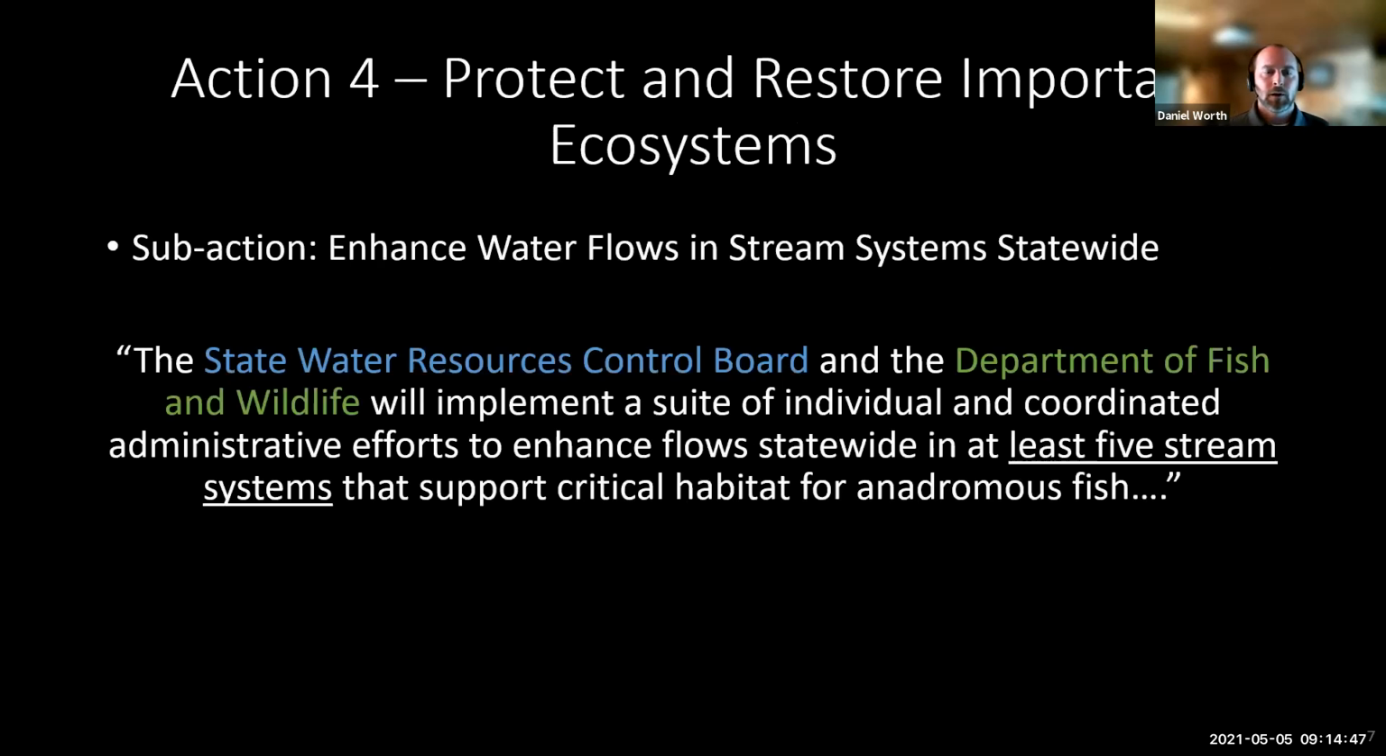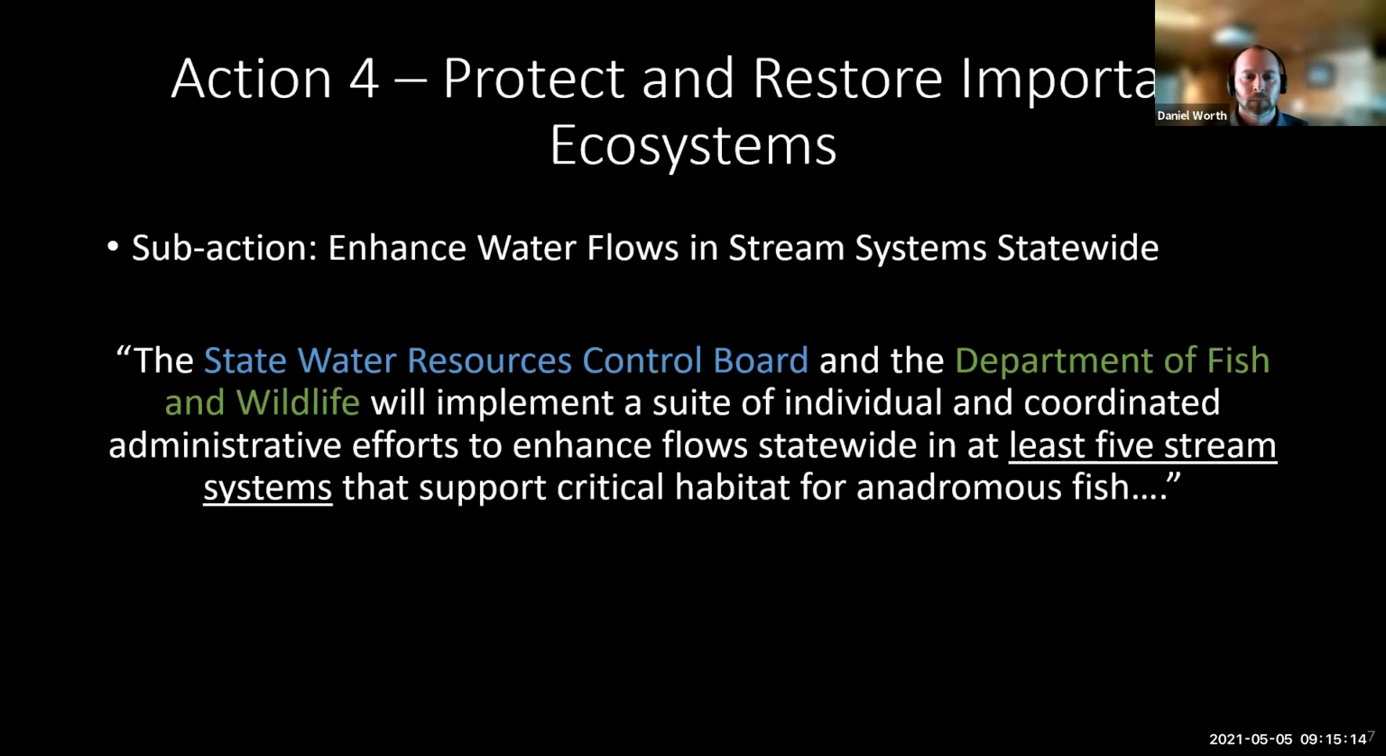Action 4 within the Water Action Plan is to restore important ecosystems. And this action contains a sub-action to enhance water flows in stream systems statewide. The sub-action reads, the State Water Resources Control Board and the Department of Fish and Wildlife will implement a suite of individual and coordinated administrative efforts to enhance flows statewide in at least 5 stream systems that support critical habitat